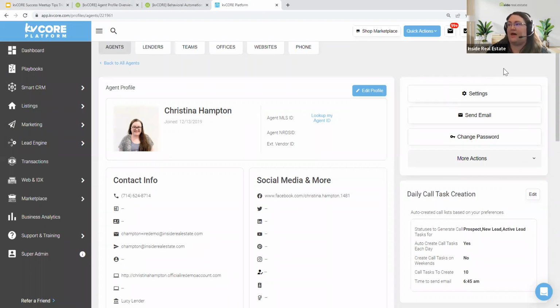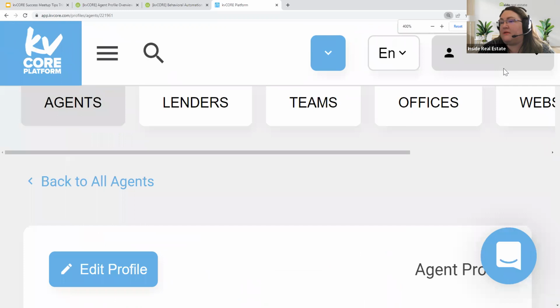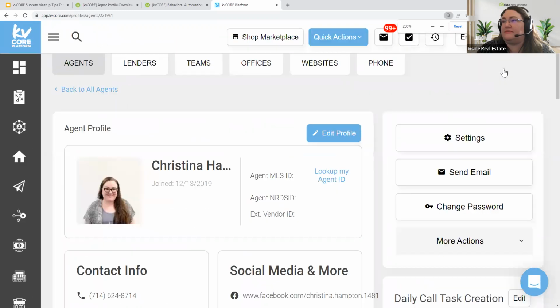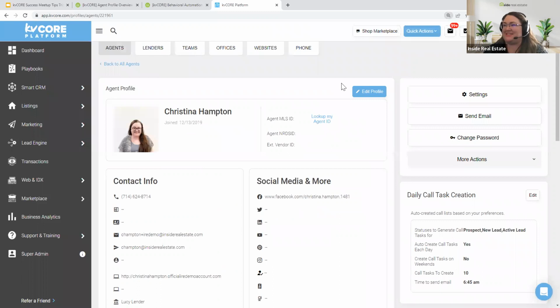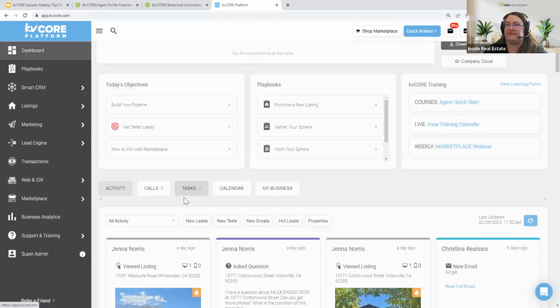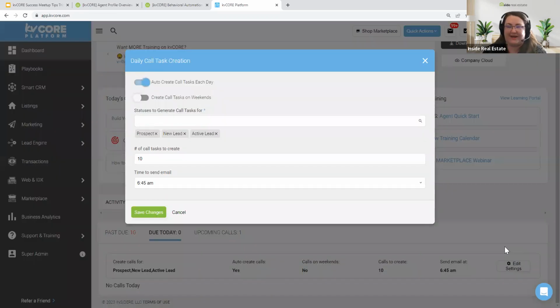Now, if you are on a tablet, and if I make this really big, oh, okay, nope, just kidding. This doesn't adjust. There we go. Most of the system adjusts. Got it. Okay, good. Yeah, and then the other way was dashboard, calls, edit. It looks the same once you edit it, open it up.